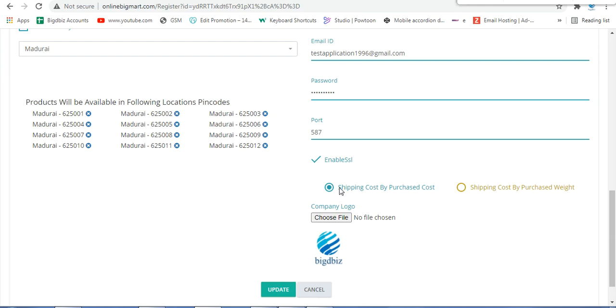Now, if you are not able to provide it that way, you can provide it based on the weight of the product. If the total order is 5 kg, then you charge 100 rupees. If it is 3 kg, it's 50 rupees. Then you can make changes based on this. You have the configuration option in the master settings. So I'll show you one by one.